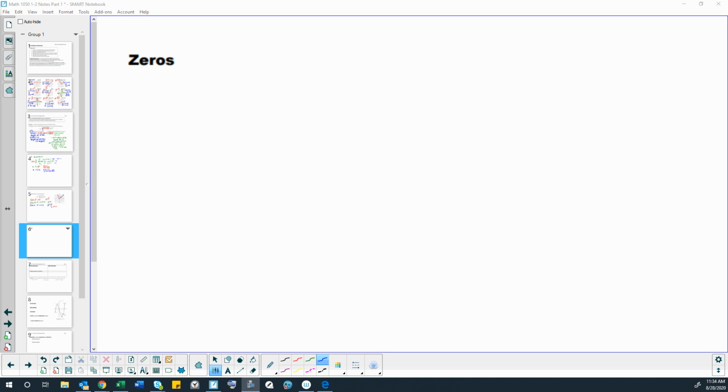So zeros is a fancy name for several different things involved in graphing functions. One of the main things is that zeros are the x-intercepts of the graph. We're learning about how to graph functions, how everything pertains to graphs of functions, right? But in addition to it being the x-intercepts of the graph,